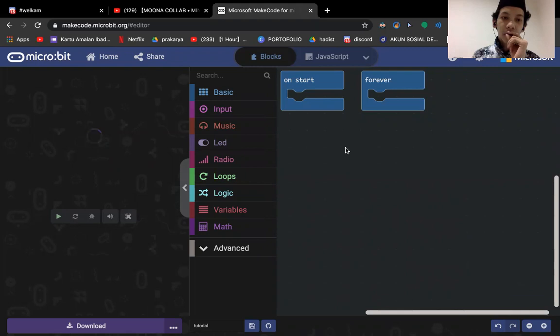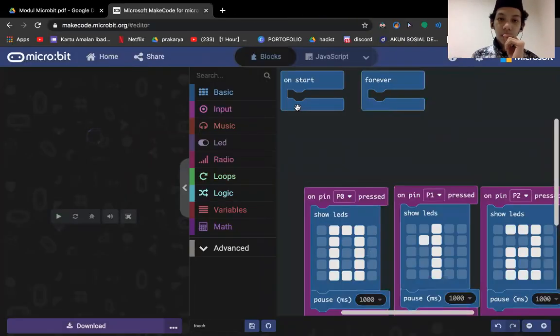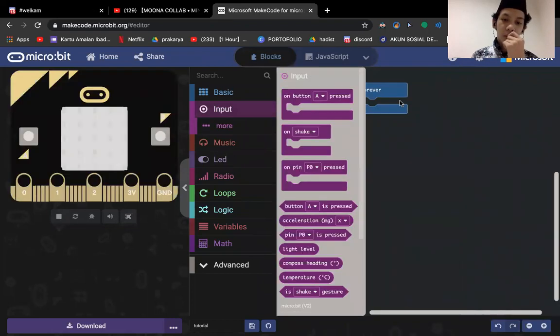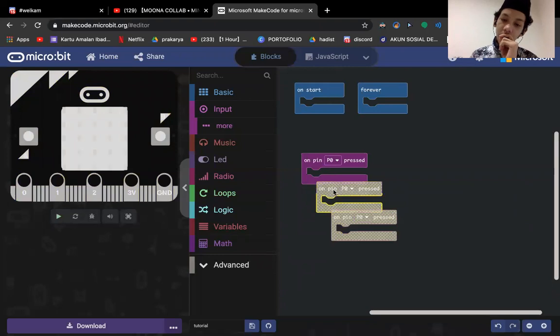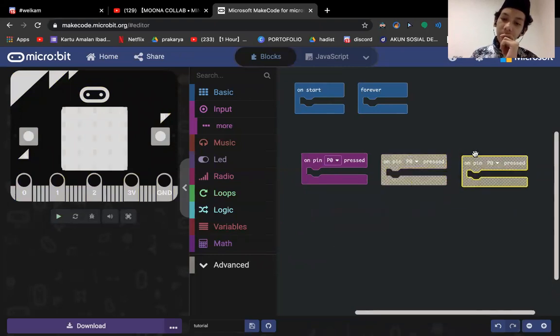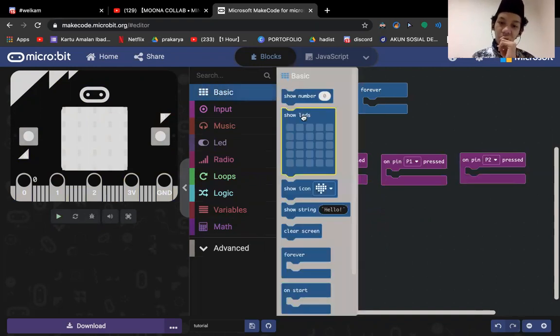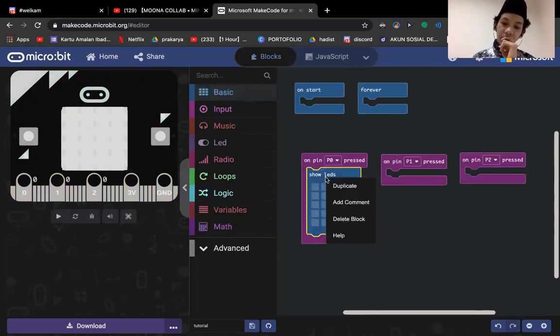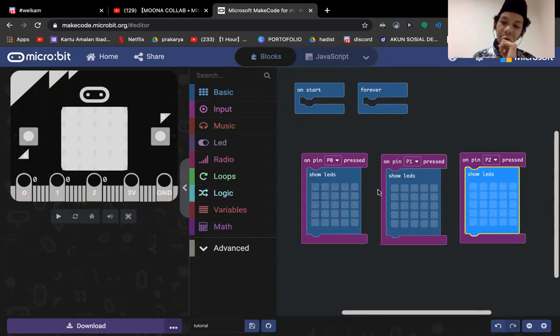Okay, now you have the micro:bit, right? If you have the micro:bit, you should take this on pin pressed block for pin 0, 1, and 2, and when you are done with that, you press pin 1 and pin 2 in here, and you will go to show LED and send it to pin pressed 1, 2, 3, and then you make some